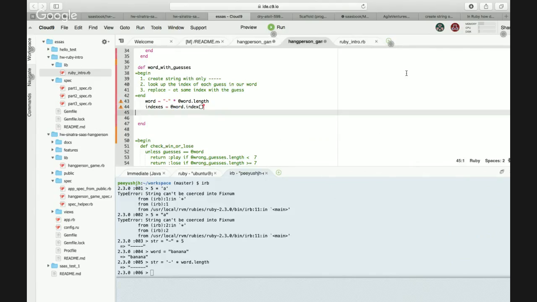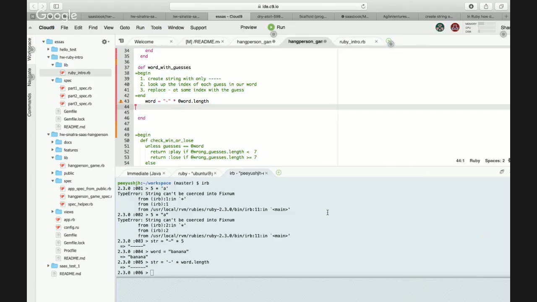I'm back in the Ruby interpreter just to test this line that I just did. Yeah, that works. Now there's a function called index, and it tells you the index of each. I think we have to go through each of the guesses, right?